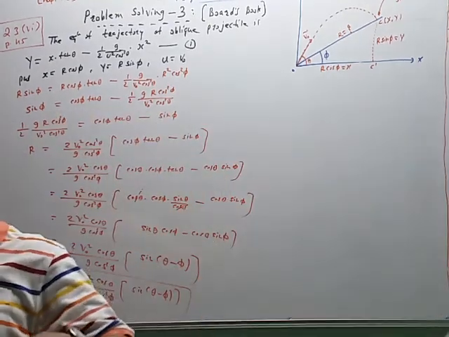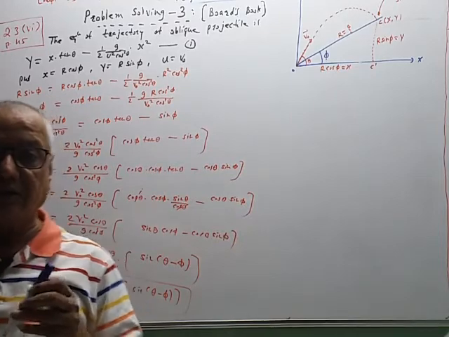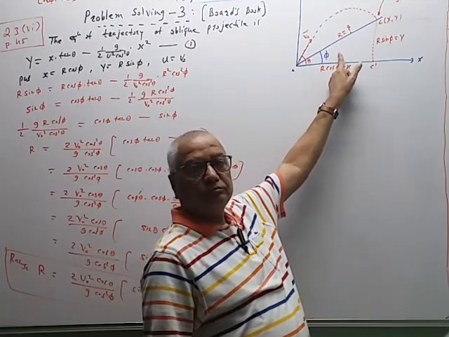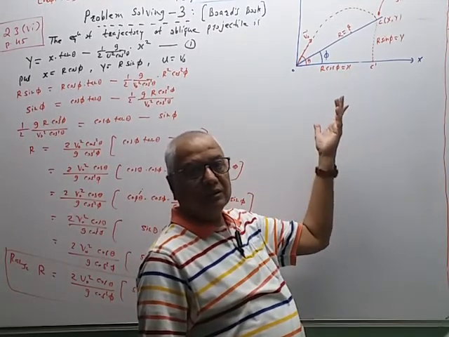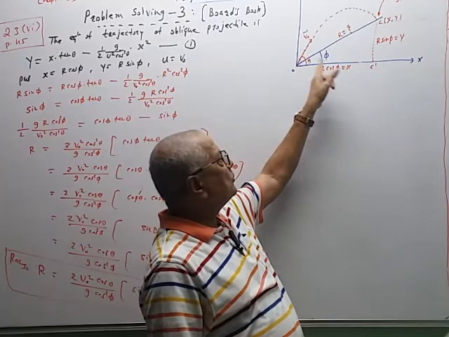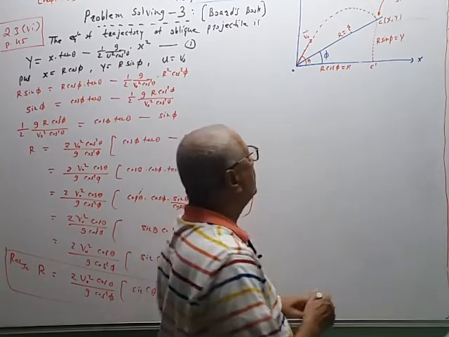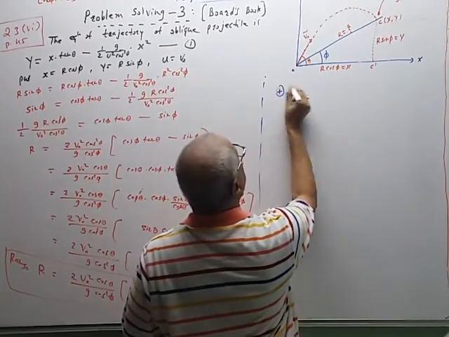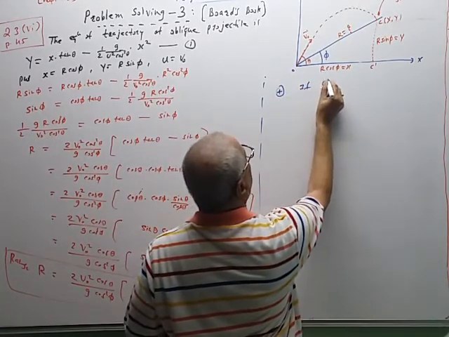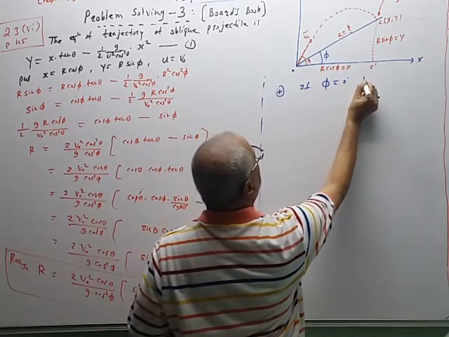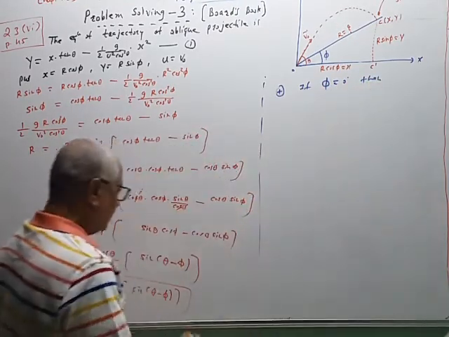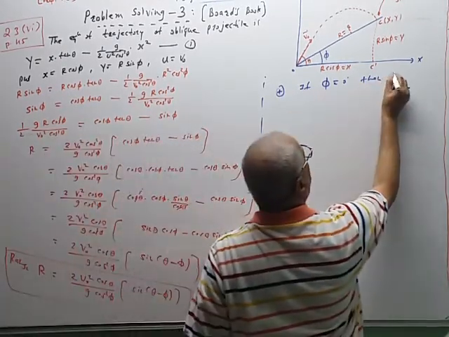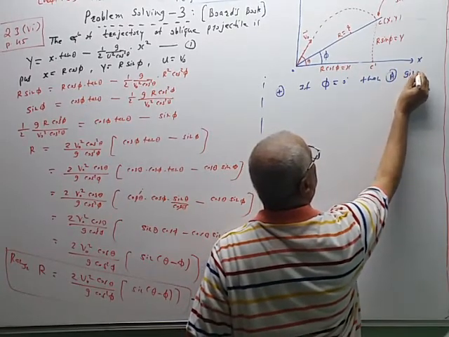Now whether our result is correct or not, that we can verify like this. Now if phi becomes 0, then it is the usual case. Theta will be the angle of projection made with the horizontal. So you can cross verify like this. If phi is equal to 0 degree, then say this equation capital A. Then capital A gives